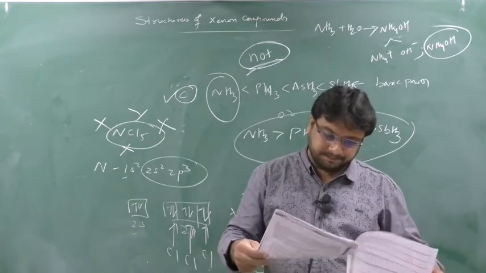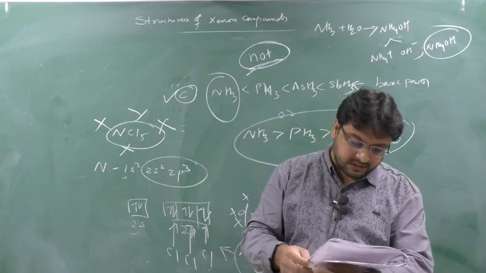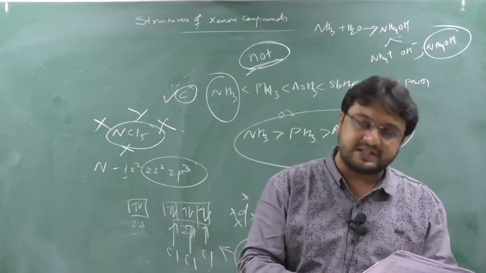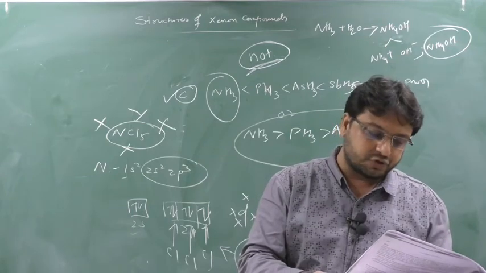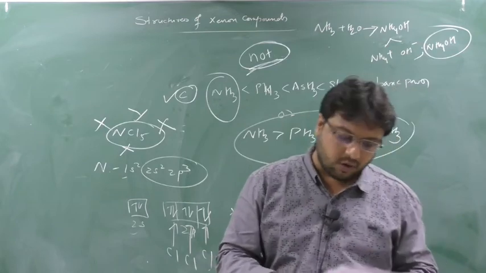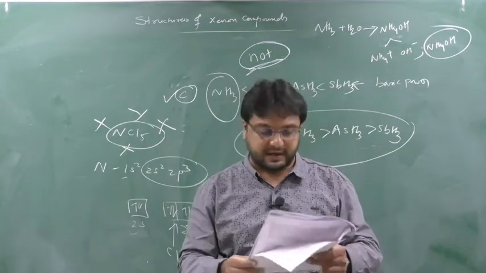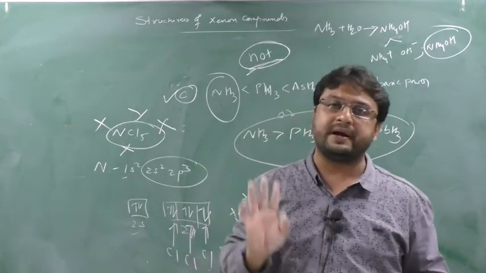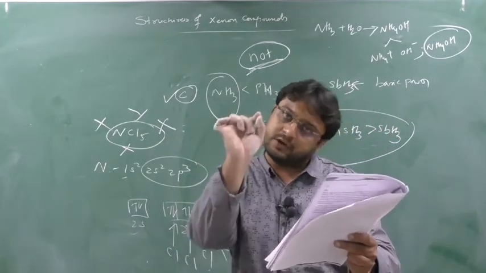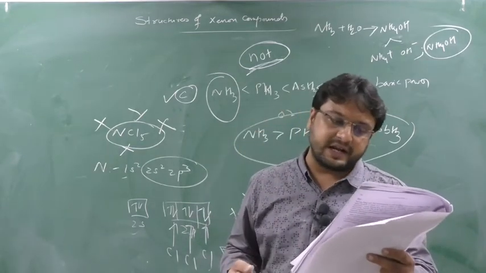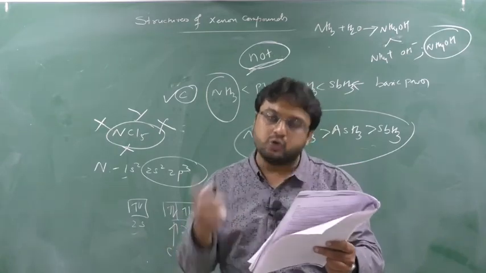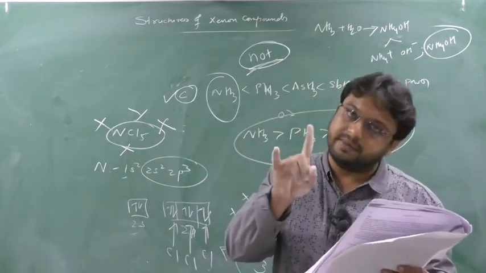Clear this part? The next question they have asked is the following reaction with HNO3, question number 12. There is a mistake, so I have repaired it. The answer should be NO and NO2. When you are using concentrated nitric acid, NO should come, and when you are using dilute nitric acid, NO2 should come. So I have repaired this question's answer. The correct answer is C in question number 12. For concentrated nitric acid reacting with zinc, X will be NO and for dilute it will be NO2. It will not be D, it will be C.